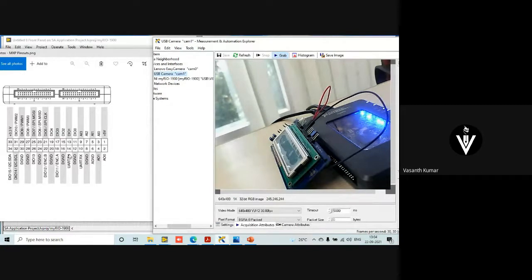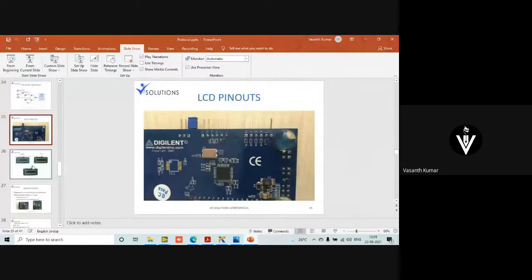Any doubts till now? So coming back to the slides, which pin I'm supposed to connect, I'll show you in the myRIO. So coming back here, you can see it has to receive, right? So voltage V is for 3.3, G is for ground, RX for your receiver, I mean LCD receiver. If the LCD wants to say something, wants to talk something, then it uses TX. Whereas from my myRIO, I use TX. From my LCD, I use RX.